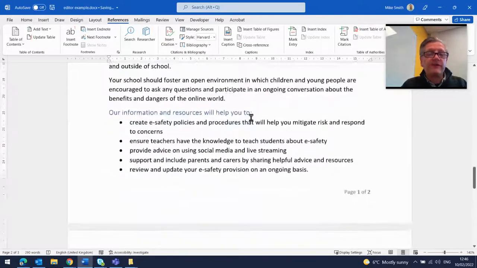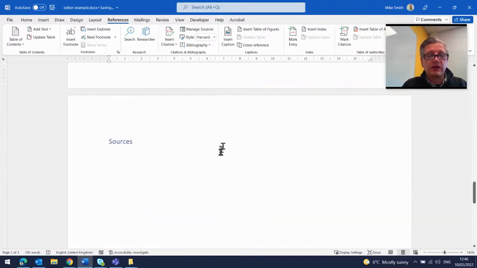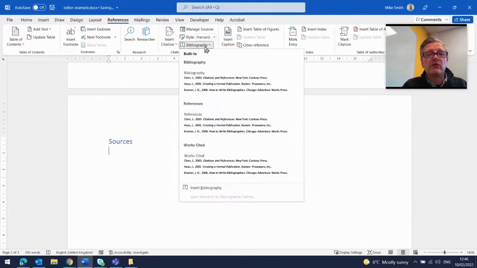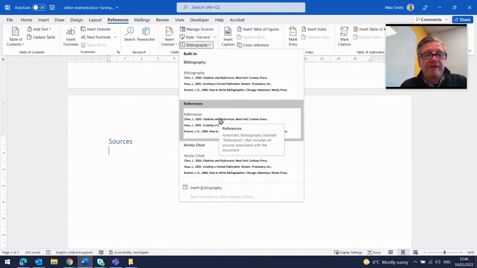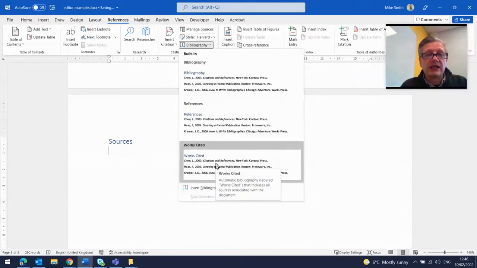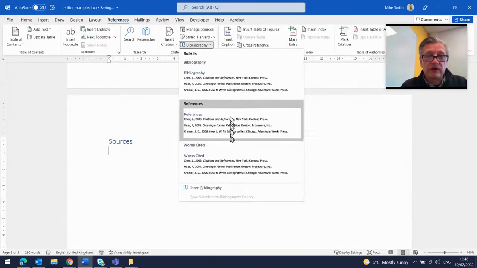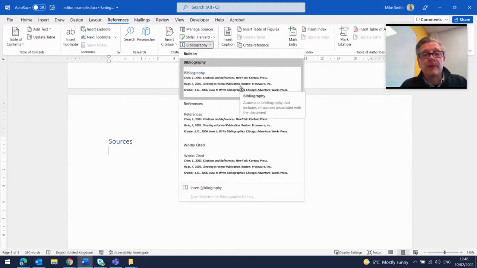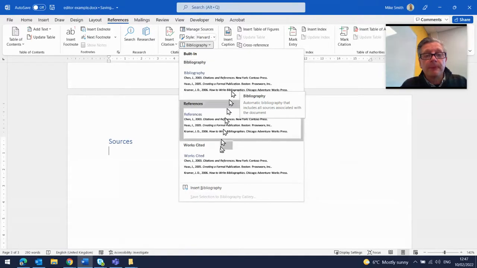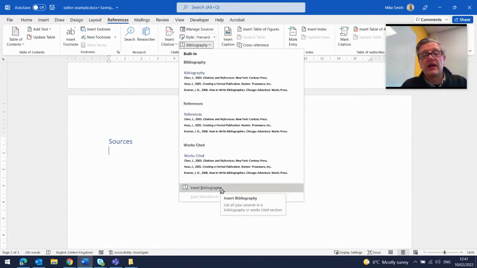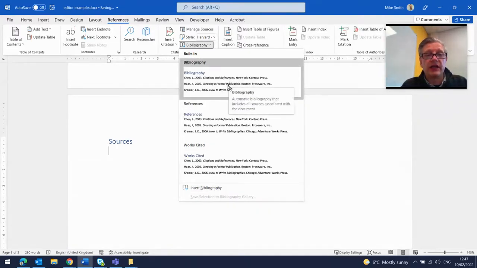And then when you finish putting all your citations in and you get to your sources, click where it says bibliography, and it gives you a couple of options. You can just put the reference in, you can put the work cited, or you can insert the bibliography, or if they are different for some reason, you can obviously use two or all three of them. If you insert bibliography here, you do get a few extra options. But if I just click here,